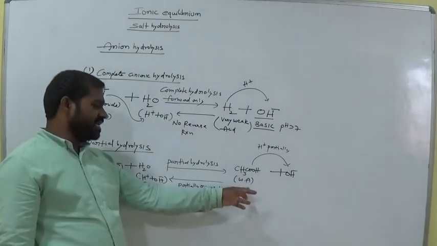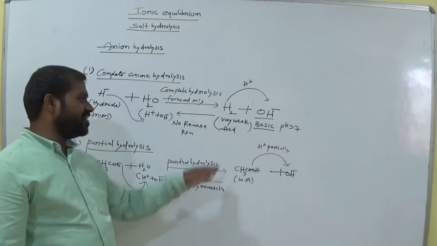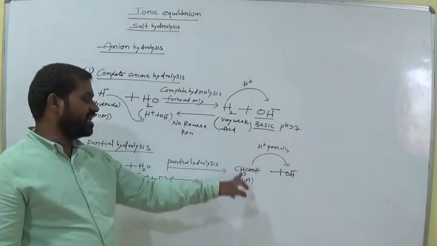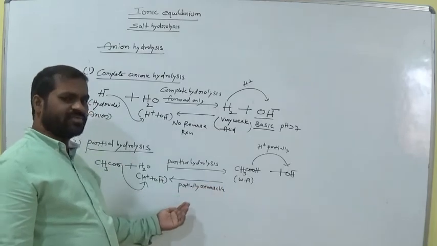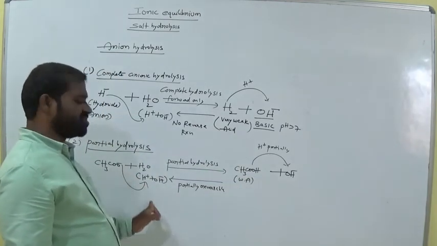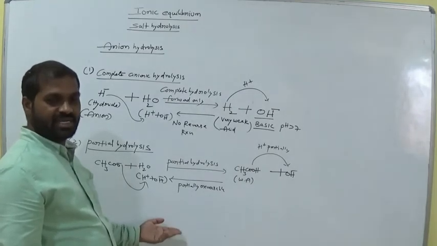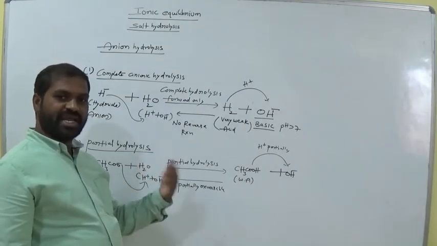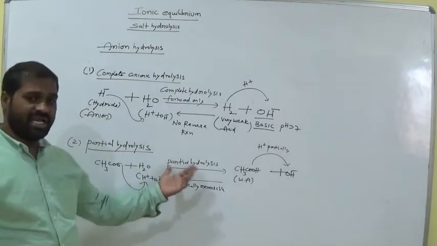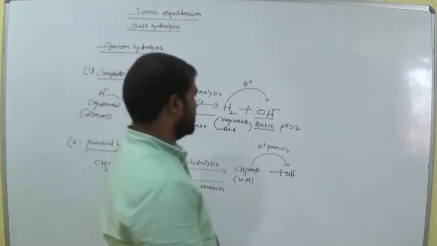So due to the weak nature, it is partially reversible. If it is very weak, there is no reversibility. It is weak, it is very weak and weak. So partially reversible. Again OH minus and this H plus give acetate and H2O. Backward reaction takes place. That means some H2O molecules are again formed. So we call it partial hydrolysis. Remember this.